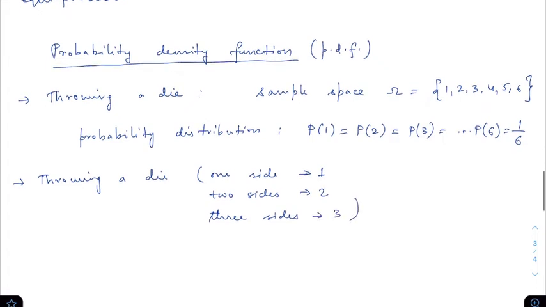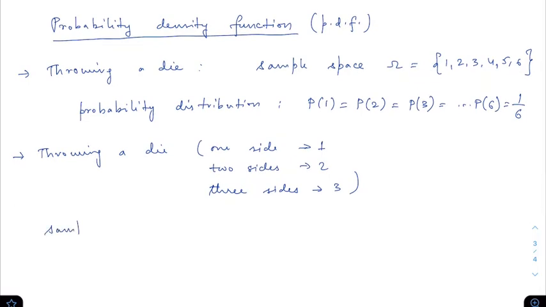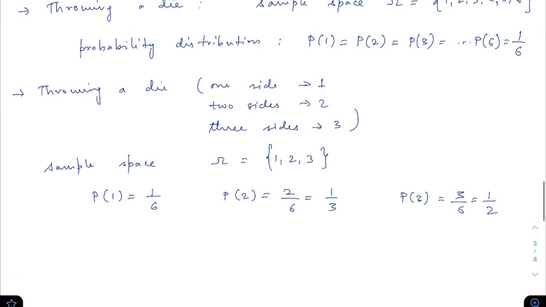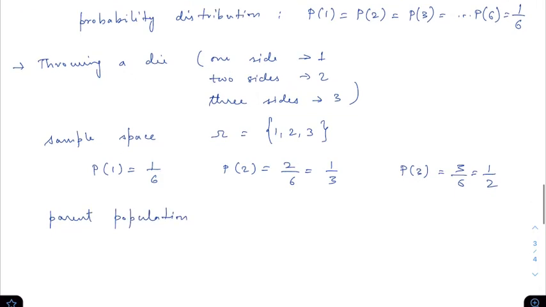Then the sample space consists only of the numbers 1, 2, and 3, and the probabilities are: probability of getting a 1 is 1 by 6, probability of getting a 2 is 2 by 6 or 1 by 3. The probability of getting a 3 is 1 by 2. And the parent population is